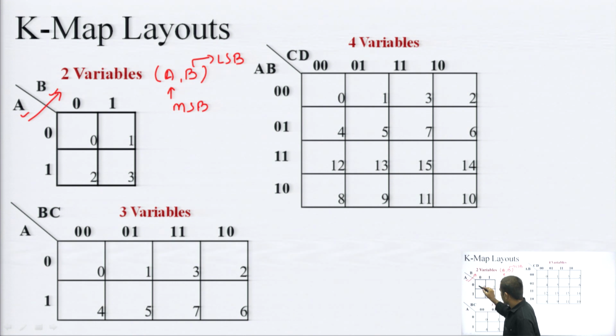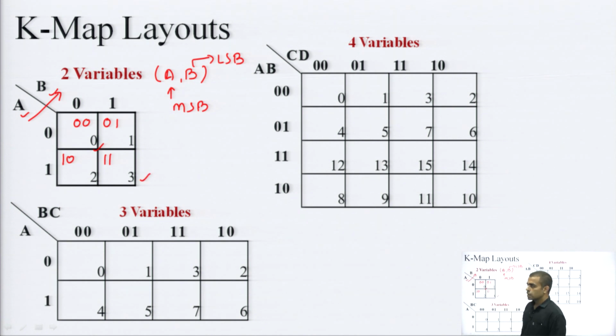So this cell number becomes 0 0, that is why it becomes 0. This cell number becomes 0 1, equivalent to 1, 1 0 equivalent to 2, and 1 1 equivalent to 3. So these are the binary numbering and decimal numbering of these cells. For 2 variables there is no need of gray counting, because there are only 2 values, 0 and 1, but when we reach 3 variables, in this case there are 3 variables A, B and C.